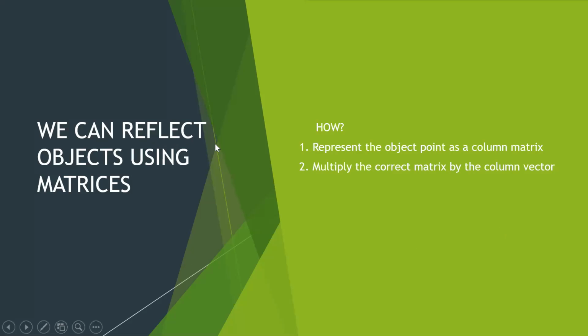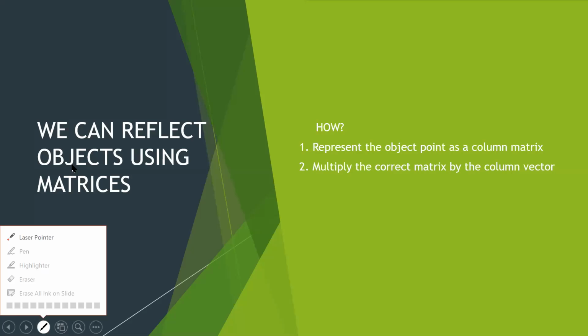Now we are going to learn how to reflect objects using matrices. So we're not using the grid anymore. You still have to know that information, that's why we started with it. But you also have to know how to reflect your objects using matrices. How? One, you will represent the object point as a column matrix. So it will look like a vector, with the x on top and the y at the bottom. This is how it's going to look. So you first take your point and you ensure that it looks like